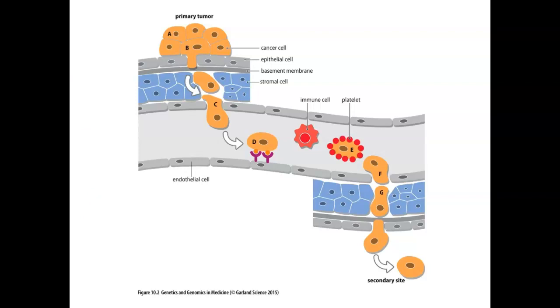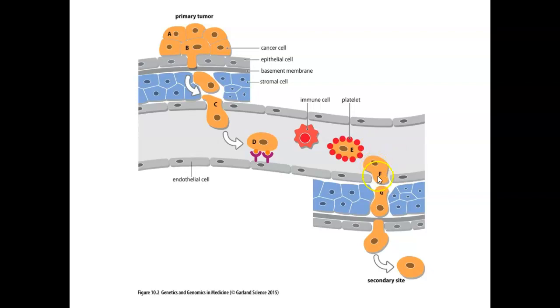So if a cancer cell is swimming around the bloodstream, they can get trapped in areas such as your lung or your liver, which has very narrow capillaries, so a cancer cell might get stuck there and set up shop. And they can also express receptors that bind to sites that support metastasis, and that's obviously a big issue, especially in treating it. A lot of these things will protect the cancer cells from your immune system. And that's one of the major reasons that they can avoid immune destruction.